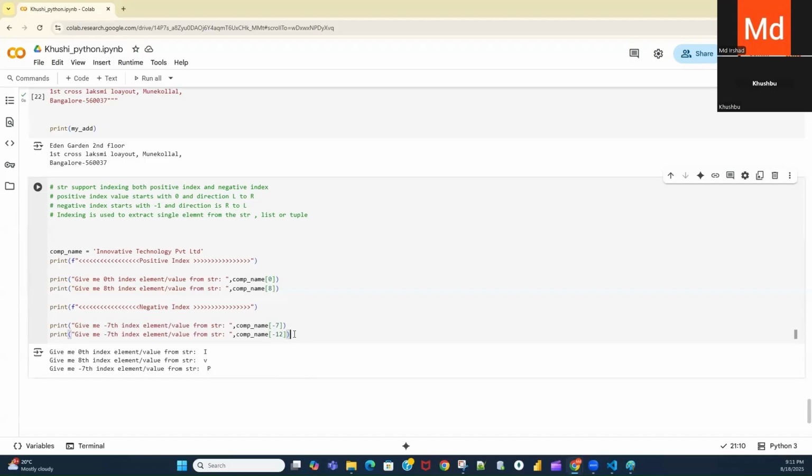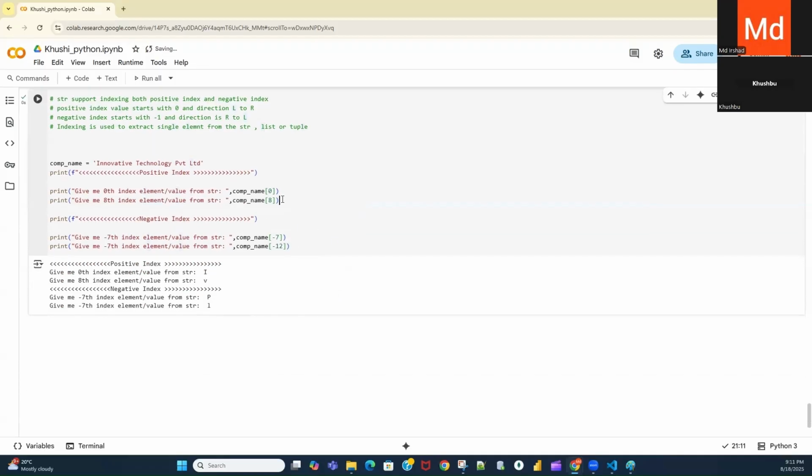At minus 12, this L is available. So in this way, with the help of indexing, we can fetch a single character. A single index will always give you a single value from a string, from a list, or from a tuple.